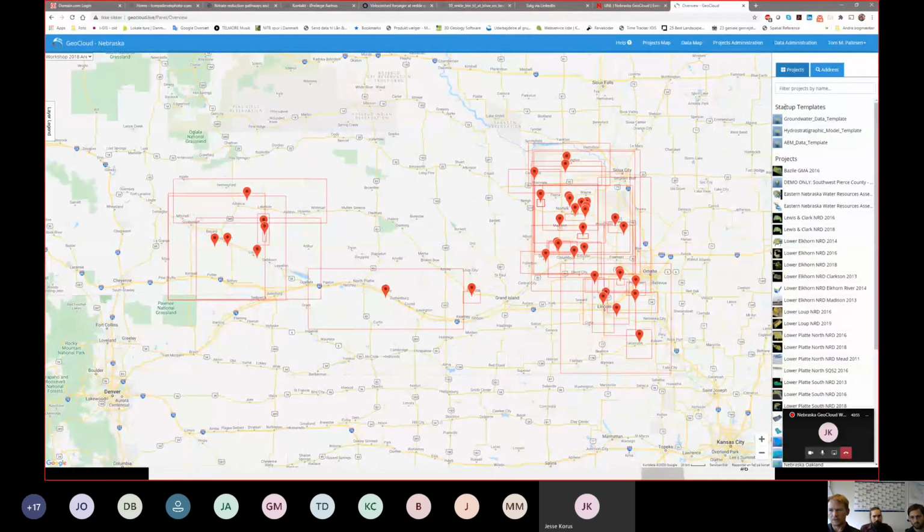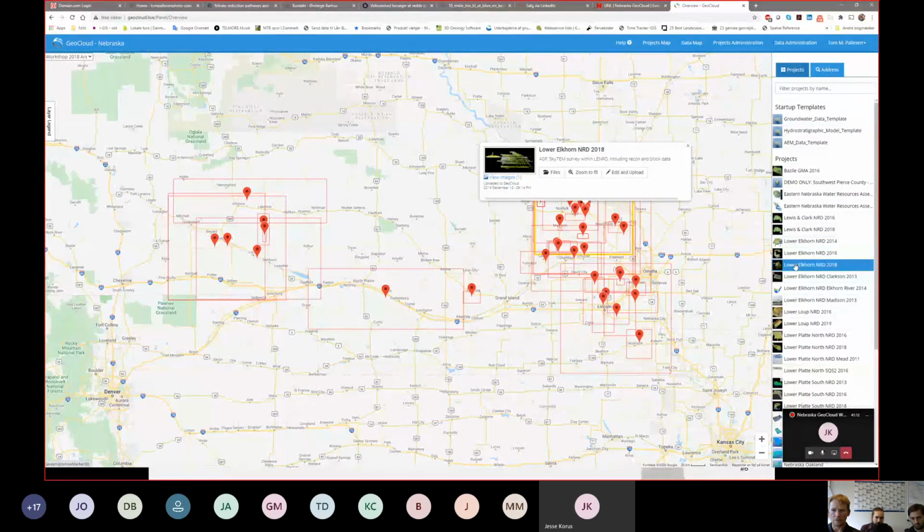So we see here, if we look to the right, we have some startup templates. I'll come back to those. And then we have all these projects here. You can see when I scroll down here, the bounding boxes in the map window turn yellow, Lower Elkhorn. If I click on that,